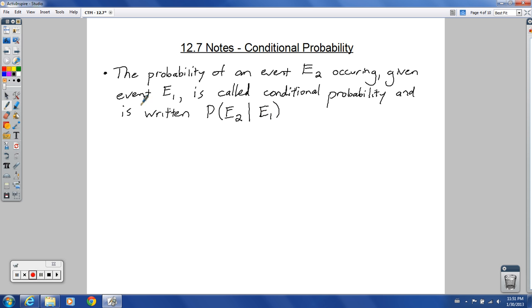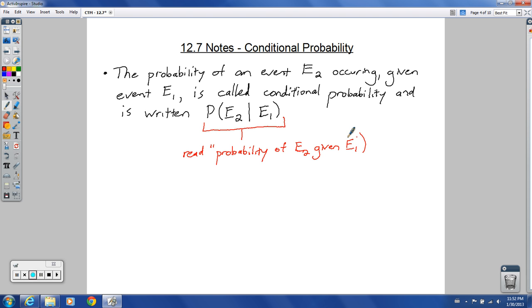So if you're reading this out loud, let's get out a different color to describe what this would be read out loud. You would read this as probability of event 2, or of E2, given